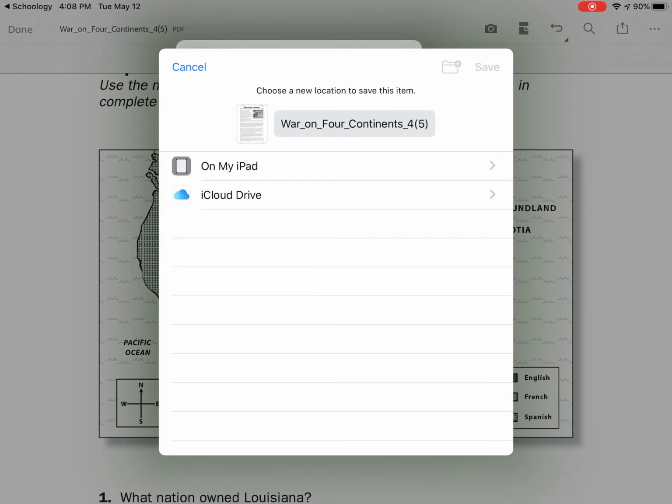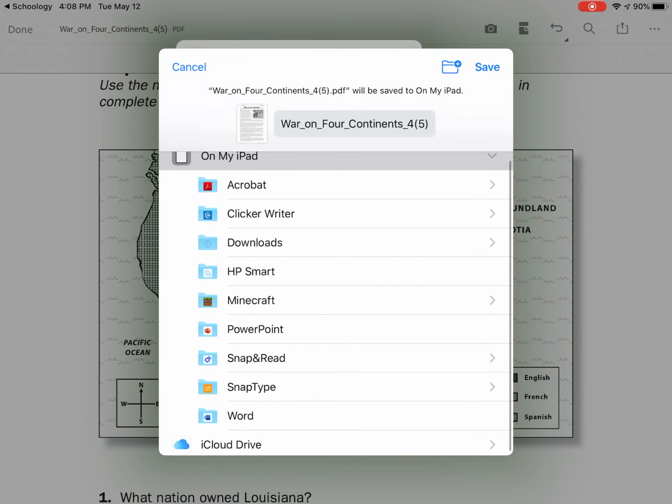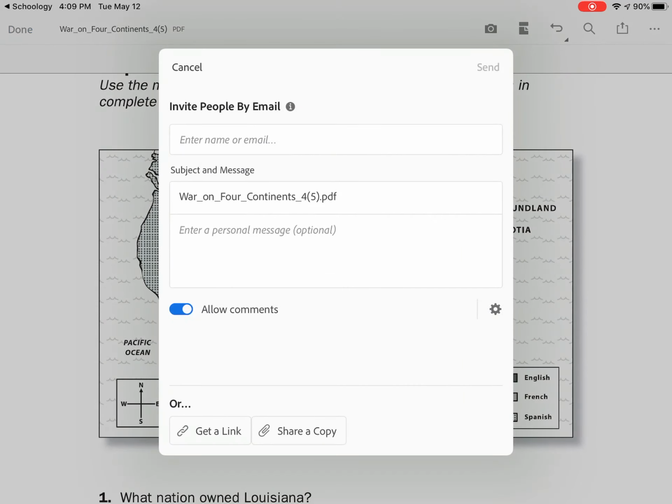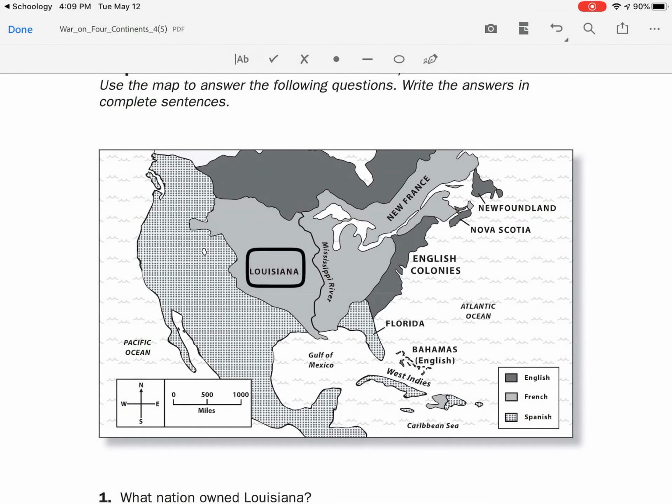Okay, when I share it, save it to my files on my iPad, and I hit save, this is where I can grab it later. This is if you're going to put it back onto Schoology or Class Dojo. If you're going to just send it in an email, you could do so just from hitting the button, share a copy, and say put it in mail. I'm going to come out of this